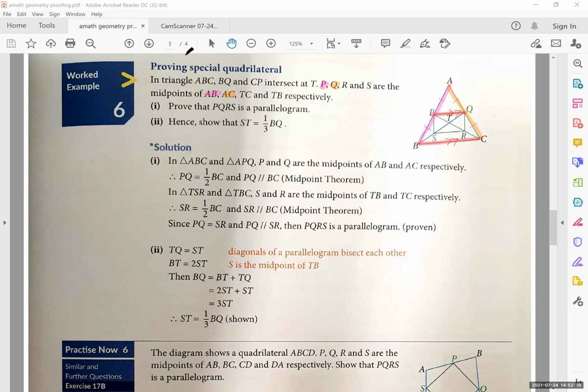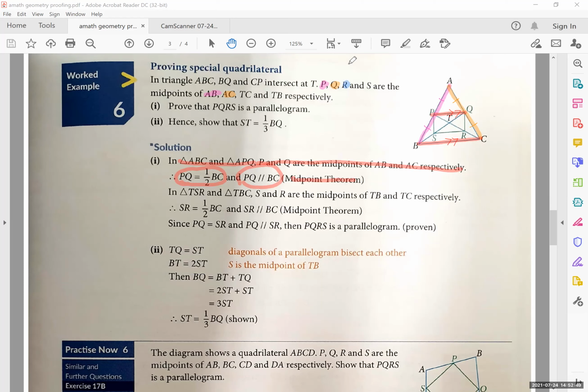So can you see, based on the red information, I know that P is a midpoint of AB and Q is a midpoint of AC in triangle ABC. They state the triangle because you need to know which triangle you're talking about, as there are many triangles happening. Therefore, I got two pieces of information: not just that PQ is parallel to BC, I also know that the length of PQ is half of BC by the midpoint theorem. Got it so far? Yes or no? Yes. Okay, now let's move on.